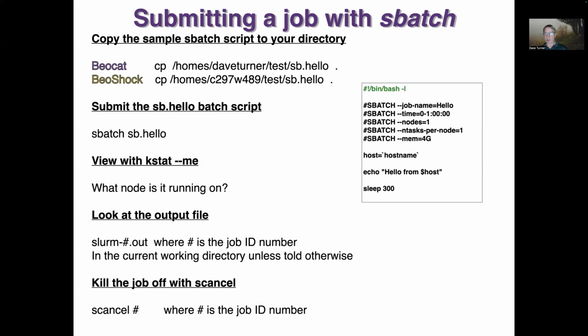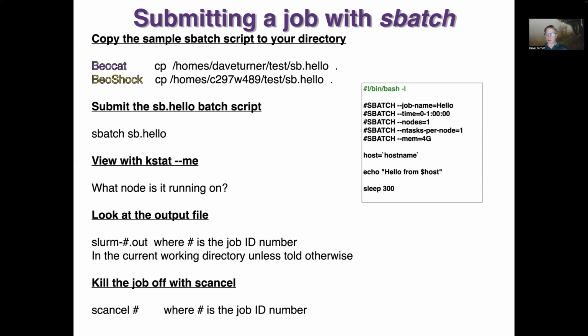Mostly when you're starting with a new program, or even starting with a different input file that might take more or less memory space to run, you should ask for more memory than you need and run it and use kstat -L to look at your job, and it will tell you how much you're using exactly. And then if you've over requested by a lot, you can kill your job off and requeue it with a